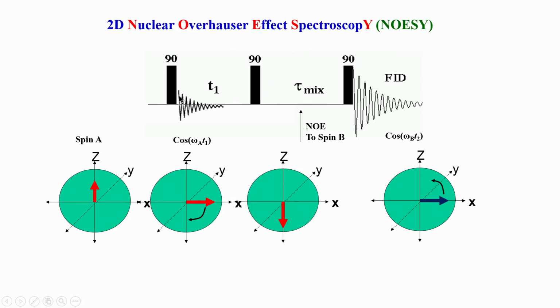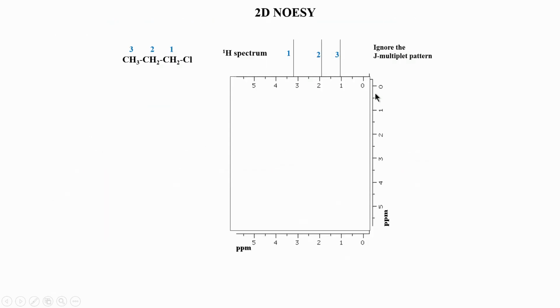Let me go back a slide and show you this experiment with reference to that. Here we saw that when you apply this 90-degree pulse, during this mixing time the polarization is transferred from A to B, but that is not 100%. Only about 1 to 2% is transferred, while the remaining 90 to 95% actually remains on A. So, the bulk of it still is on A, and only a fraction is transferred to B. What is transferred is detected, and what is not transferred is also detected. The one which is not transferred is nothing but a diagonal peak.